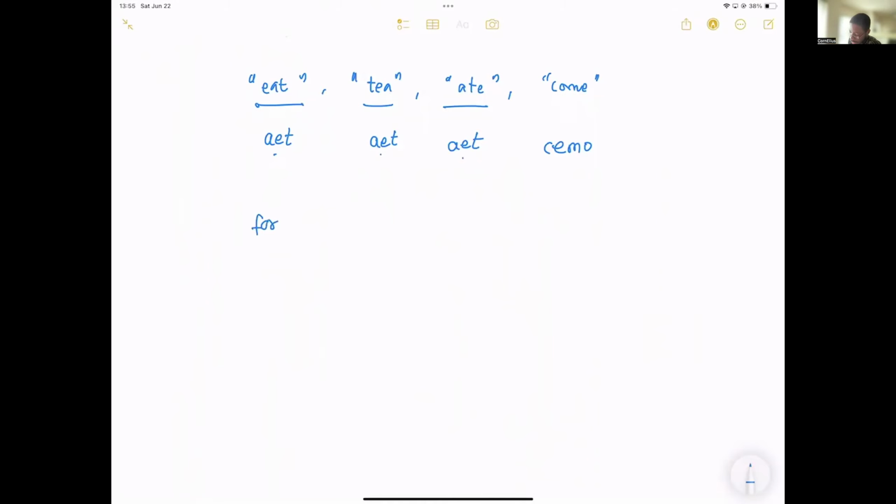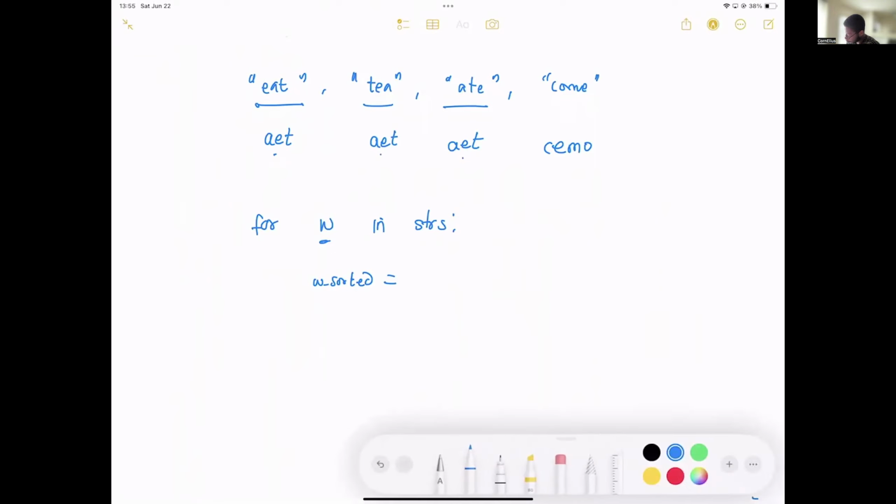So one implementation can be this. Let me get every word in the strings. When I take a word, I'm going to sort the word. So let's call it word sorted. Now look at something. If you remember from last year, we told you about mutable and non-mutable types. If you've forgotten, let me just go over it again. We said that for mutable types, a mutable example is a list, right?